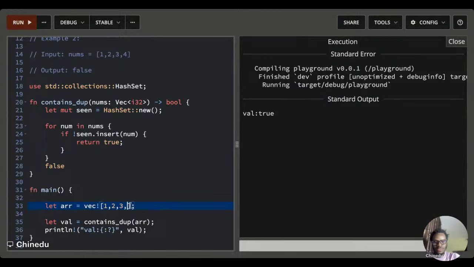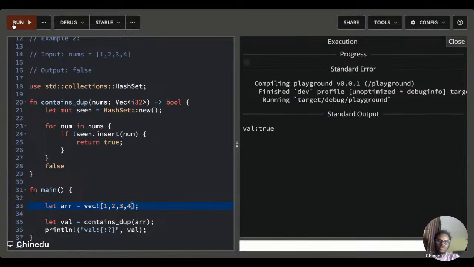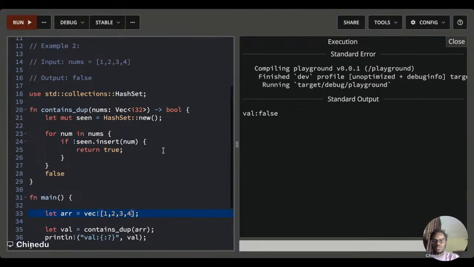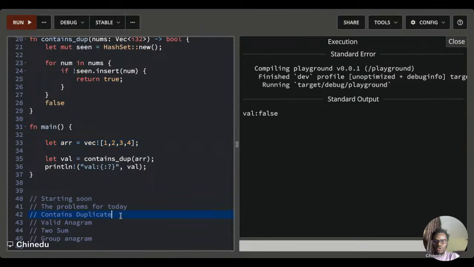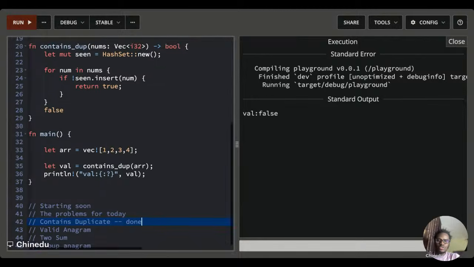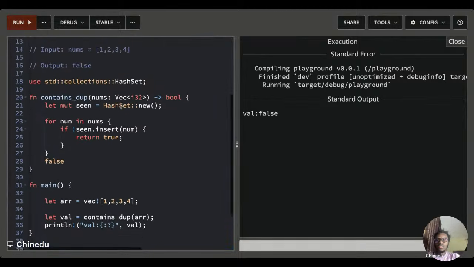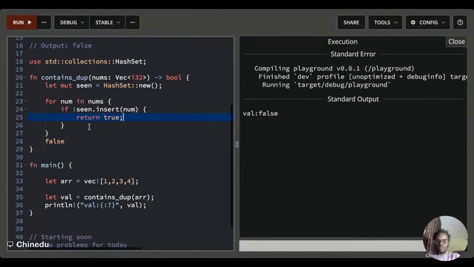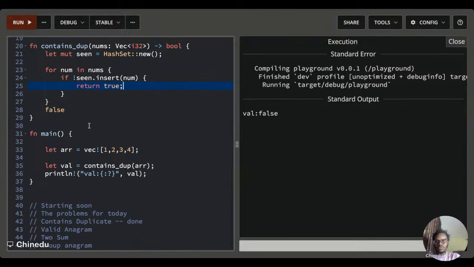So if we do something like 1, 2, 3, and 4, and we run this again, it gives us false. So this works, and it covers all four of them. So we've done contains duplicate. Basically what we just did here was very simple. I talked about the brute force, but then I went ahead to use the hash set pattern to solve this. So now that we've solved this, I will just go ahead and